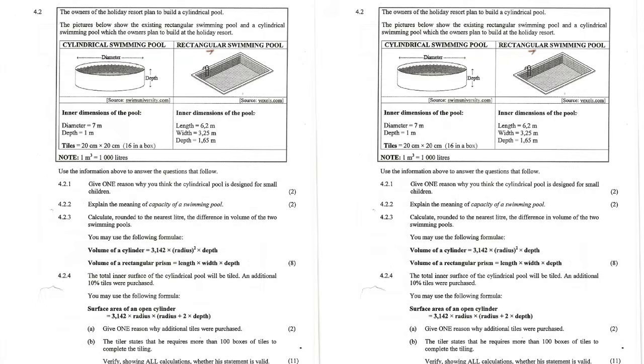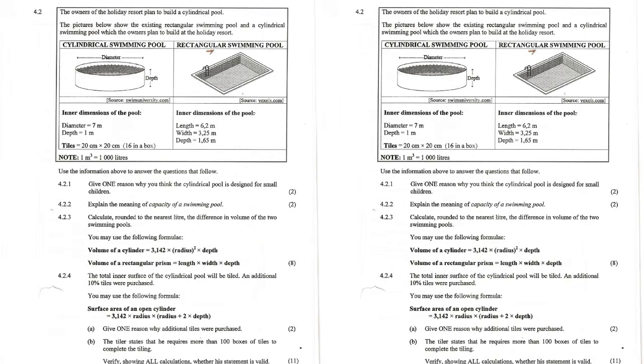So today we're going to be looking at a question from a previous paper, and the scenario of the question goes as follows. The owner of the holiday resort planned to build a cylindrical pool. The pictures below show the existing rectangular swimming pool and a cylindrical swimming pool which the owners plan to build